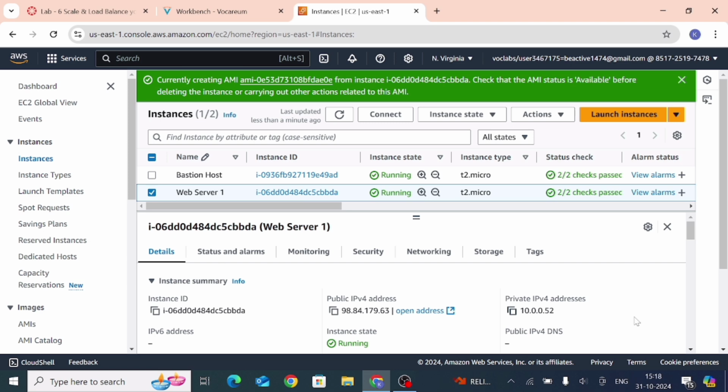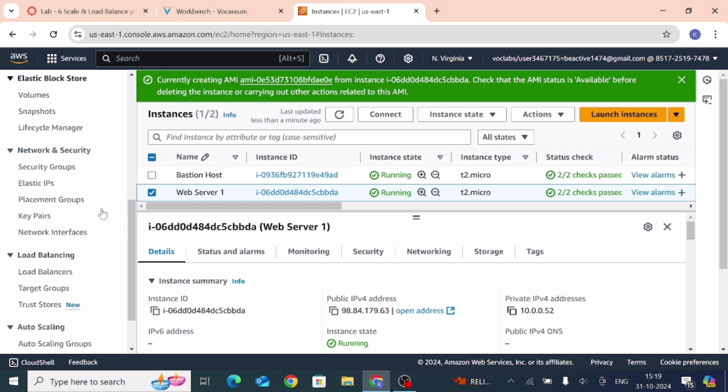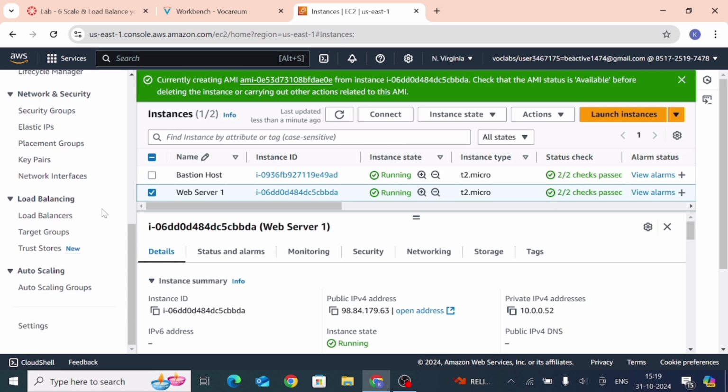For that, in the navigation pane choose target groups. Here it is, target groups under load balancing. So just click on it.